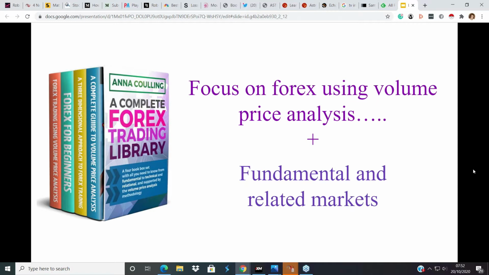But with the Forex market, as with all markets, but in particular with the Forex market, we need to see what's happening with regard to the fundamental news and data releases. And there is another element to Forex trading, and that is what is going on in the related markets. I know I say this every week, but I'm always quite surprised at the number of traders, new traders, even traders who've been around a little bit,